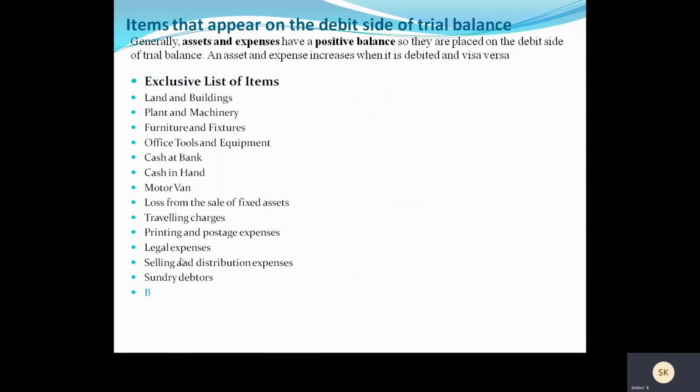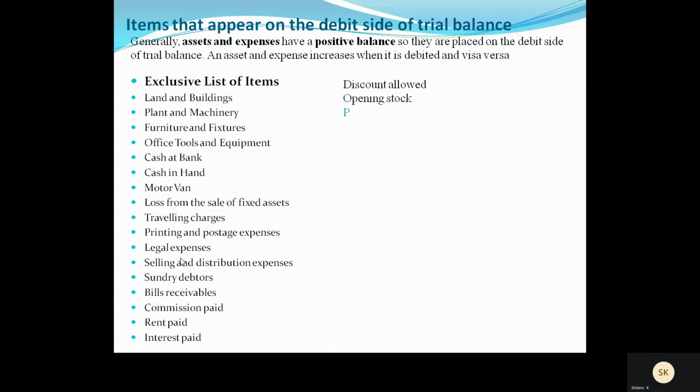debtors. Debtors are current assets, no? Current assets also come here in the debit column of the trial balance. The amount will be shown in the debit column of the trial balance. Bills receivable, commission paid, any payment, rent paid, salaries paid, interest paid, any discount allowed,